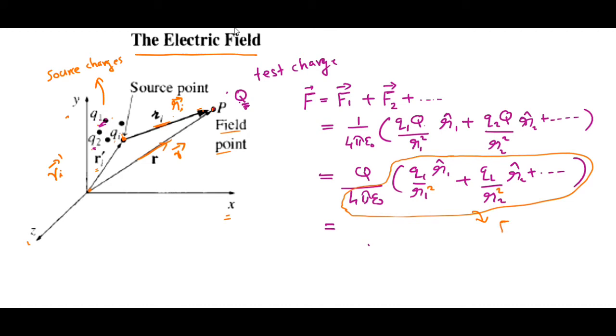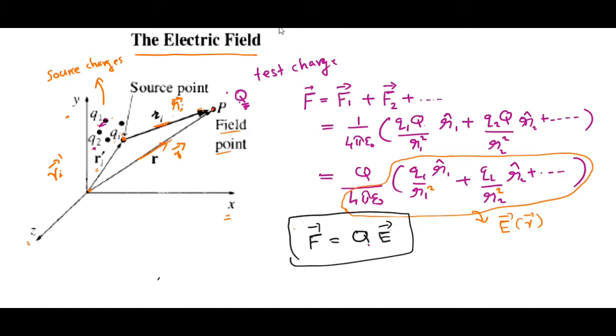All this quantity I can represent like this, as E of R. Then in this equation F can be written as F is equal to Q into E of R. Fine. Or simply I can write this as F is equal to QE, where